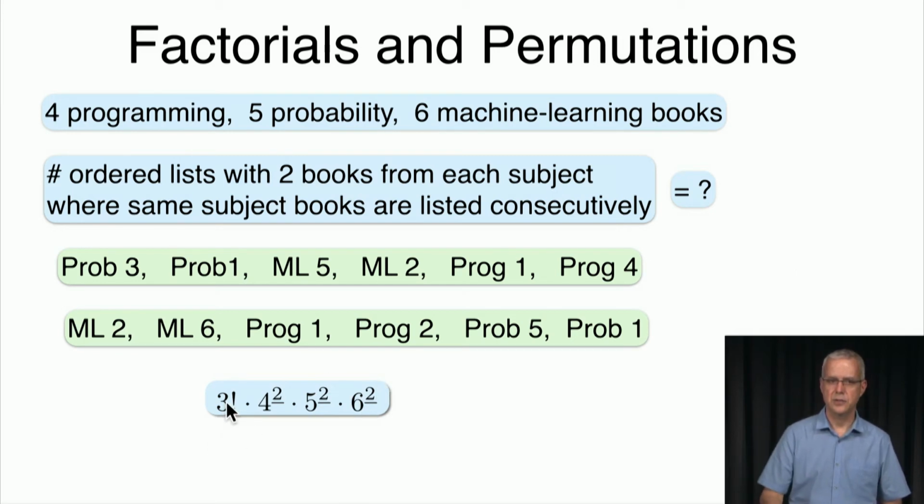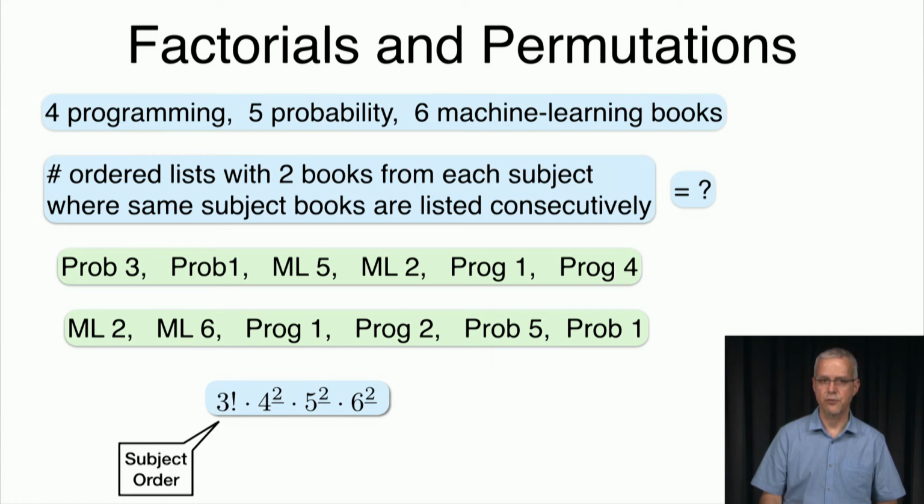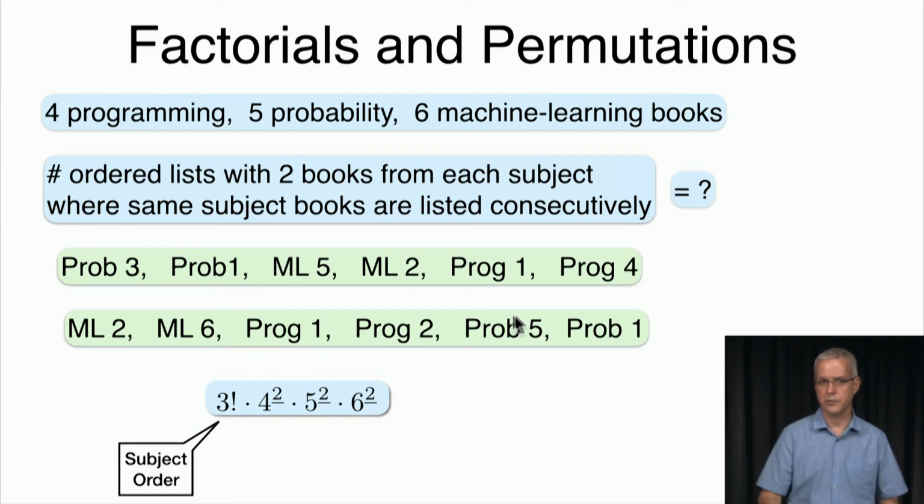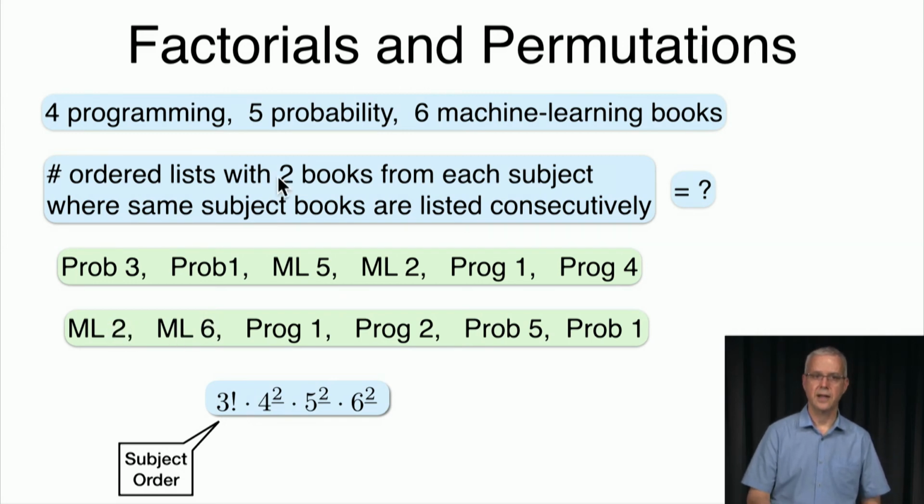To see that, notice that we can first decide on the order of the topics. For example, here, machine learning, programming, and then probability. So there are 3 different topics, and the number of ways to arrange them is therefore 3 factorial, to decide on the order of the subjects, like here, machine learning, programming, and probability. And then once we do that, we need to decide which machine learning book we're going to choose first and which one we're going to choose second. And because there are 6 machine learning books,